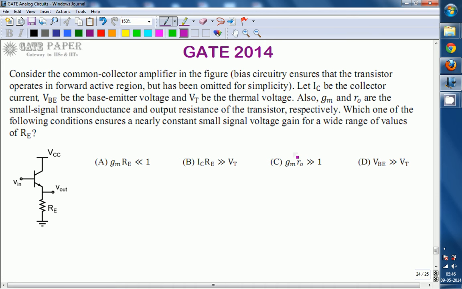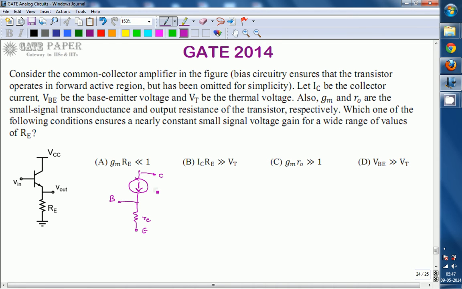So for this one, we have to replace the transistor with its equivalent. We are doing it this way. The transistor is replaced with the T model. The T model is indicated with a current source, followed by re. This is the emitter, this is the base, and this is the collector.